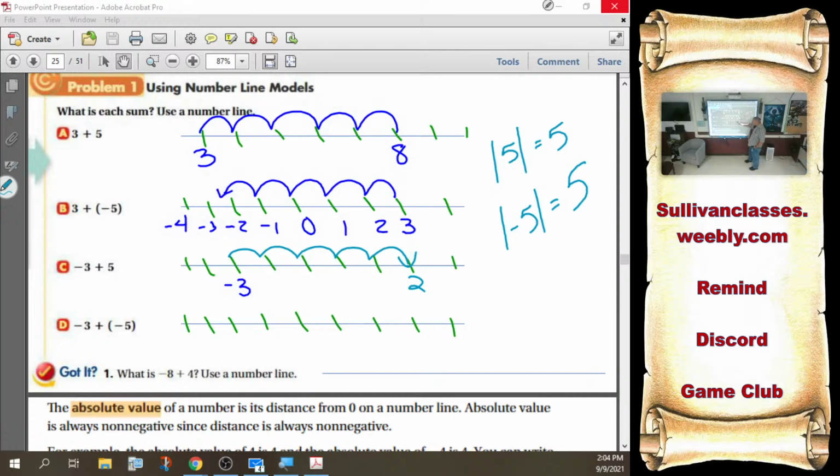So I just want to point out that I went from a 2 to a 3, because no matter what, it was still 5 units of distance. It's just the sign is going to change depending on which direction we're going. If I take a negative 3 plus a negative 5,